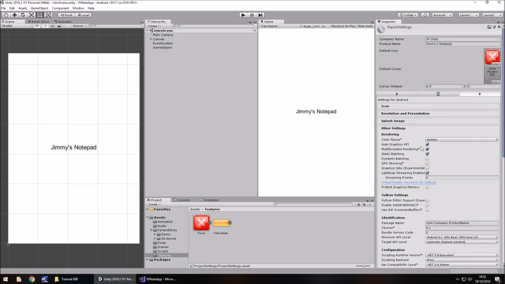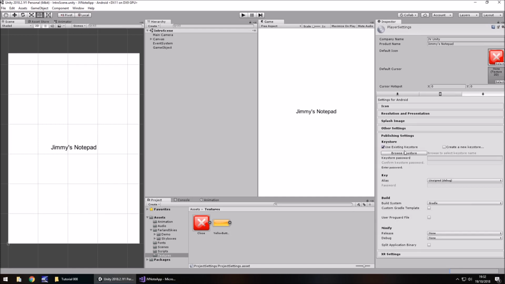A lot of the default settings in Unity are pretty decent as they are. Publishing settings. So this is one thing you will need to use if you're publishing to the Google Play Store, for example. You will need to create a key store. So you can create a new one and you basically put your password in, confirm the password, change everything you